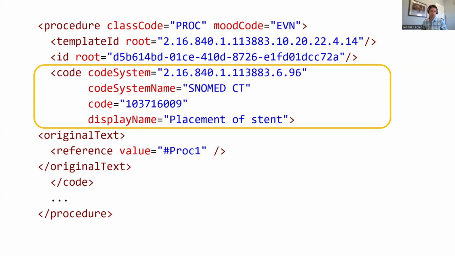This is just a small snippet from an HL7 clinical document architecture file. You see that it starts with an element called procedure. So this is a procedure that was done on a patient. One of the elements in the procedure is code, and that code has several attributes. Whoever generated this data is telling you, here's the code for this procedure that was done on the patient. Not only are we giving you the code,